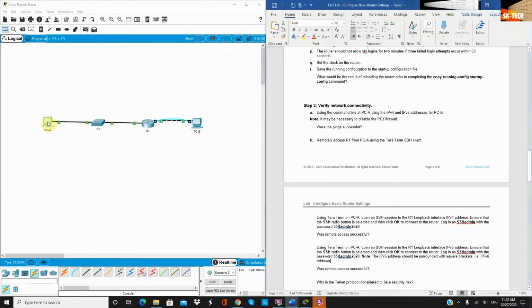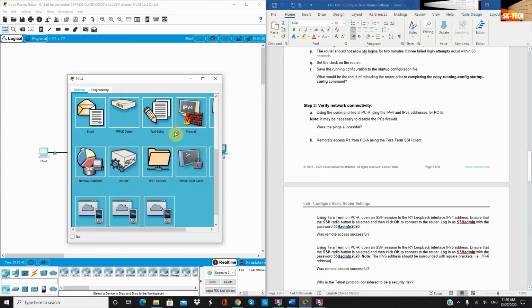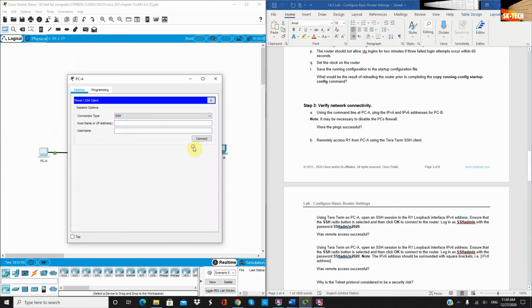Okay, from PCA, we'll go to the Telnet/SSH session. We have two connection types. We'll make sure that SSH is selected, and we'll put the IP address for the loopback,